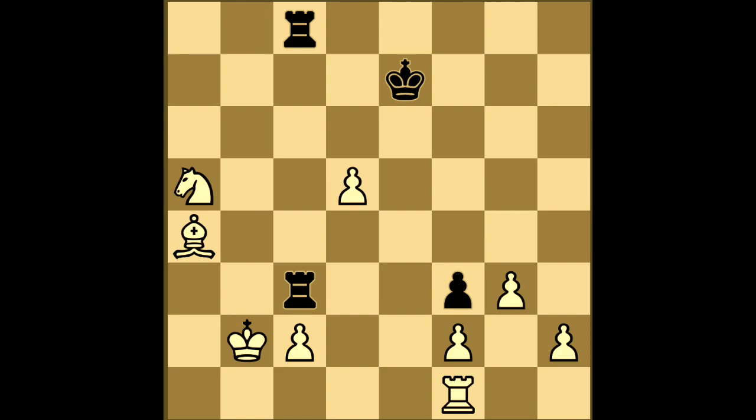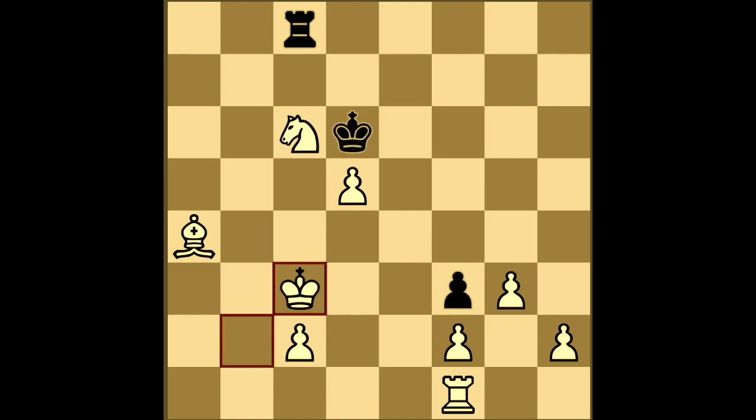In this position, can you find an interference move? You can pause the video and comment down the answer below. Yes, so the move is knight to c6 check. I know most of you must have guessed it right. Now whatever move black plays, he will surely lose material. For example, let us consider king to d6. Now you can simply take his rook on c3 to gain the material advantage.